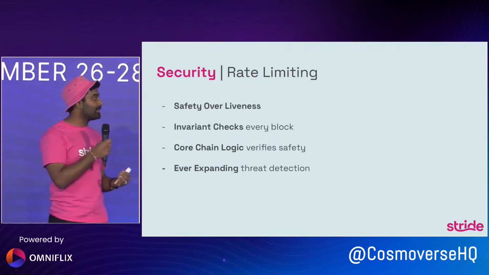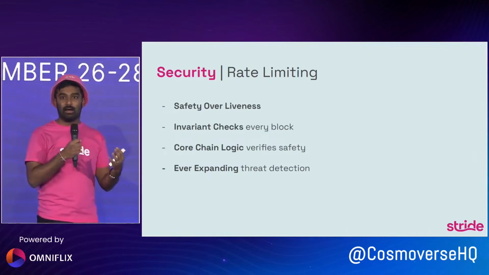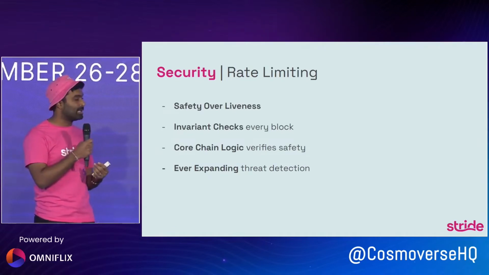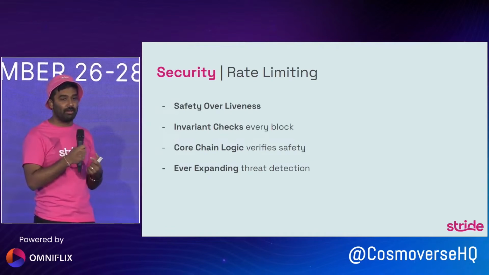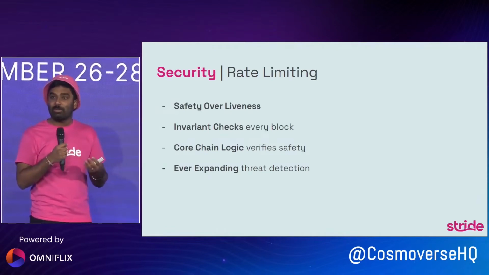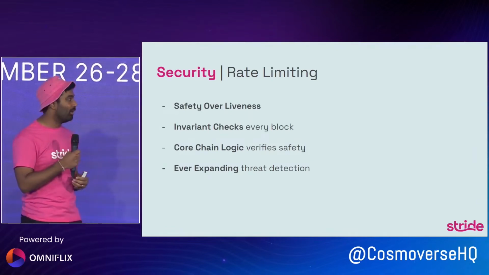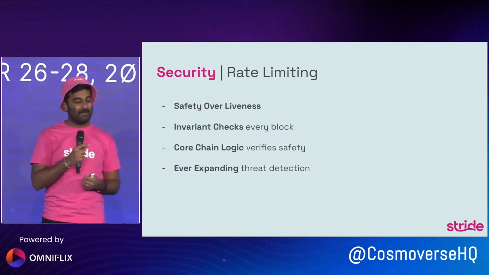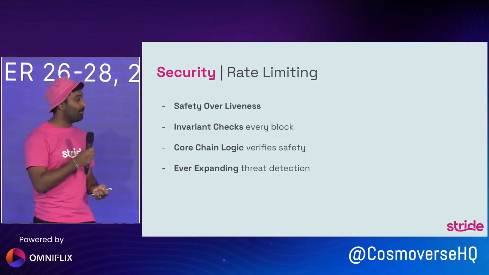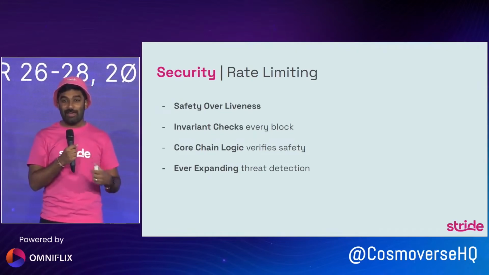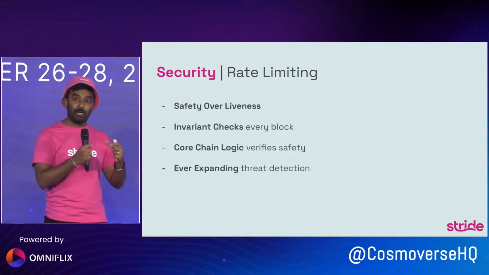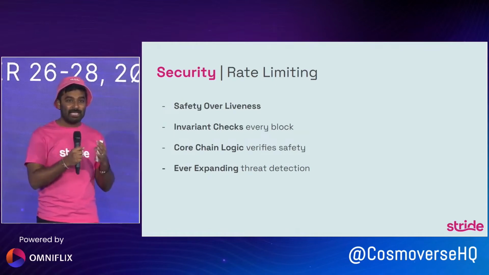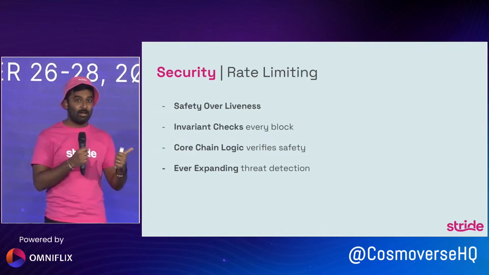The idea here is that liquid staking can grow to be a really meaningful part and have custody of a really meaningful amount of assets. We really care about the security considerations here. We want to minimize any potential attacks that occur. So what do we do? We run this suite of what we call invariant checks, not every 6 hours, not every hour, but rather every single block. At the start of every single block on the Stride chain, we check a bunch of variables on Stride to make sure they are what we expect. And if any of them seem a little bit funny, it either means that there's a bug or an attack.